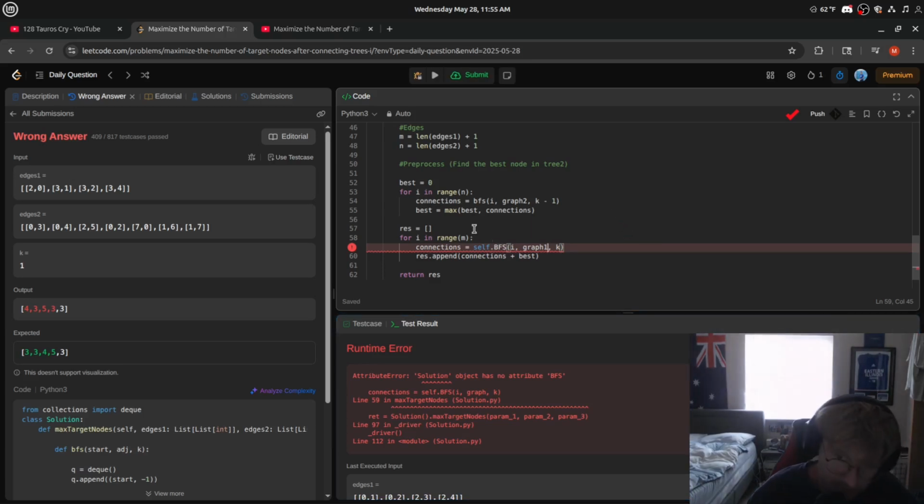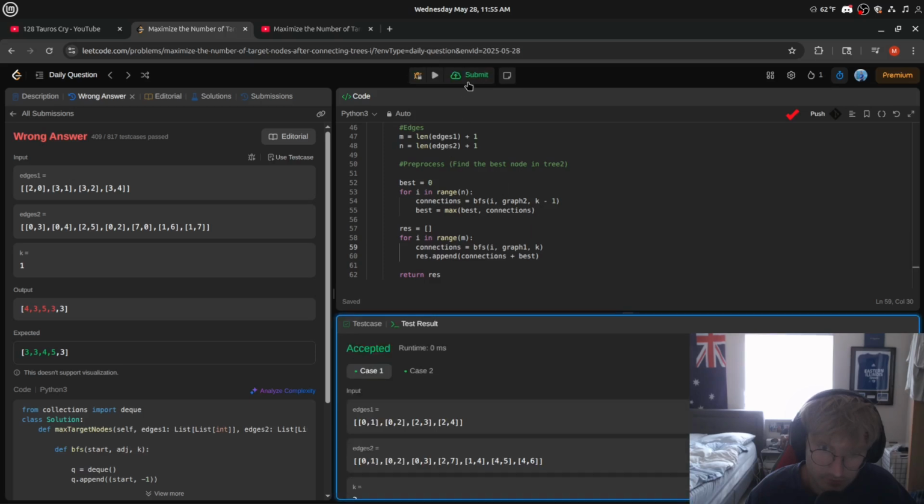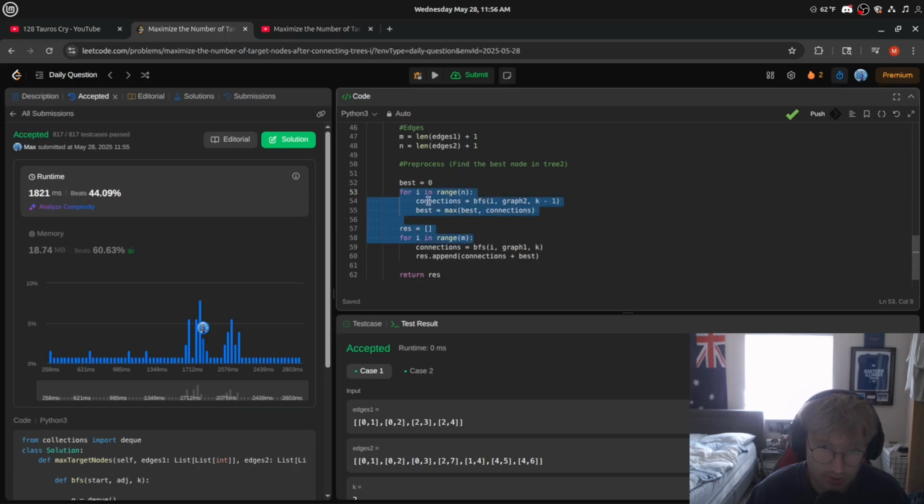Well, need to close BFS. That's the way I'm looping? Okay, it was the way I was looping. So I was looping incorrectly. Which is interesting because